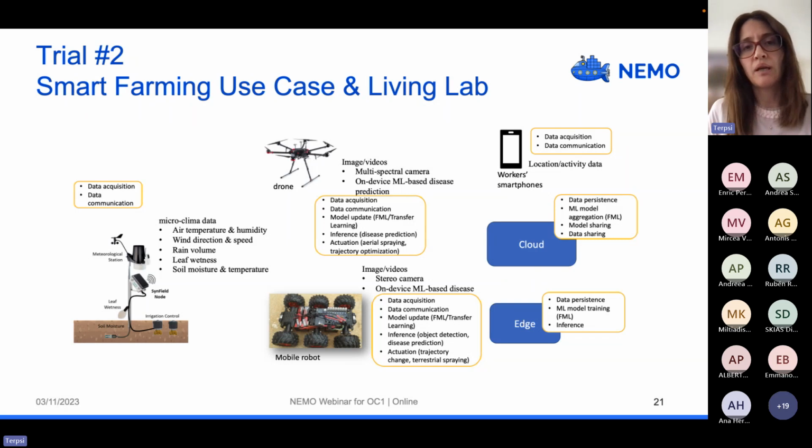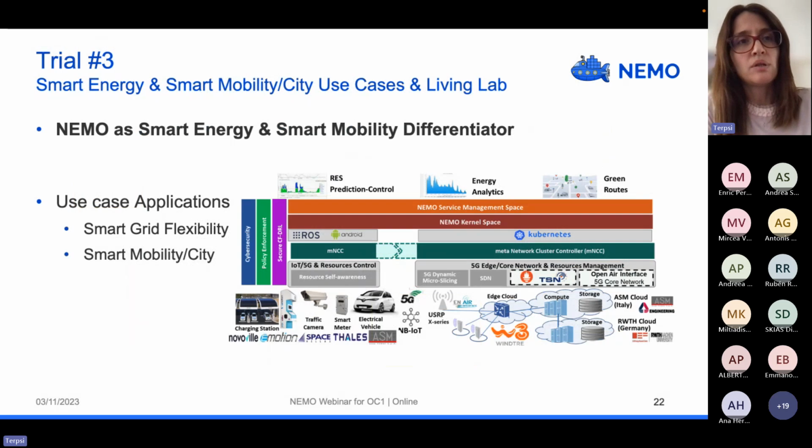And we also aim to do this through intelligent and flexible management of the involved services and microservices across IoT, cloud, and edge nodes, as you can see here. The third trial refers to smart energy and mobility cases.